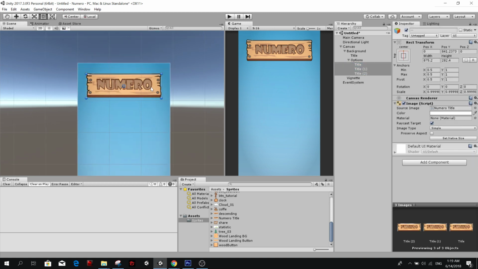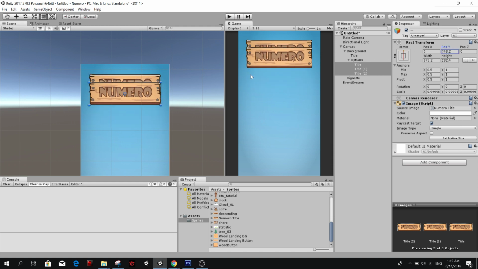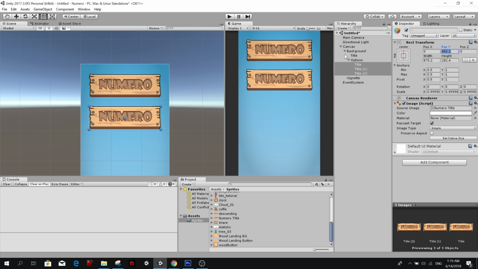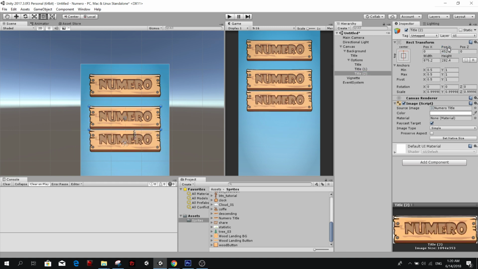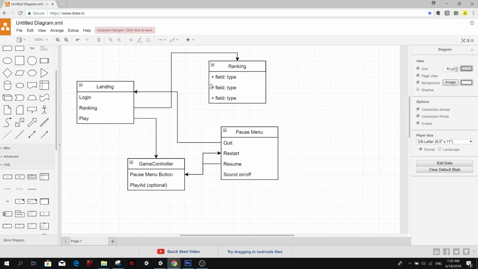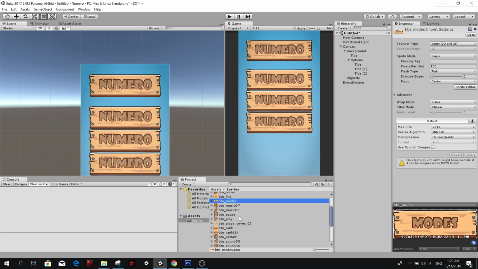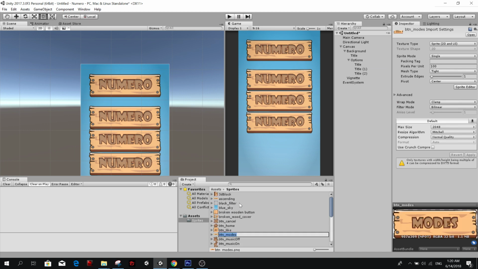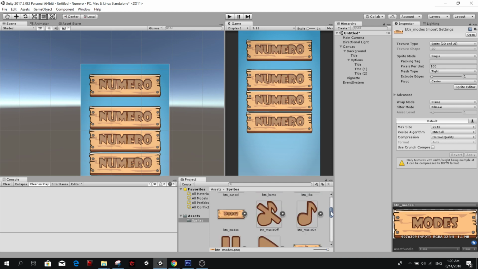here's where we will have the buttons, like the options, right? So we said our landing has login, ranking, play. Let's change that. So I need to see all my graphics.